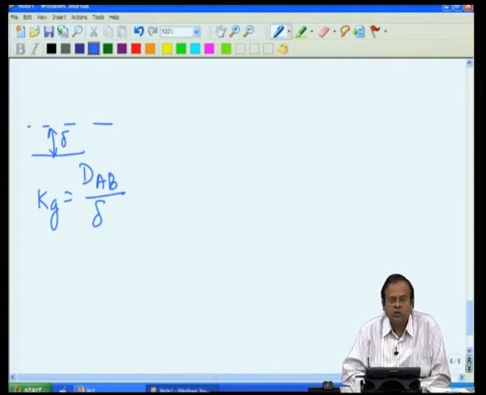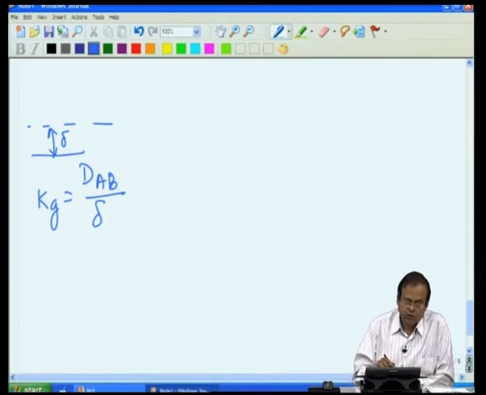Mass transfer coefficient is not a property like density or mass, which you can actually measure. This is a concept, so we have to estimate it. How do we estimate this? We use typically